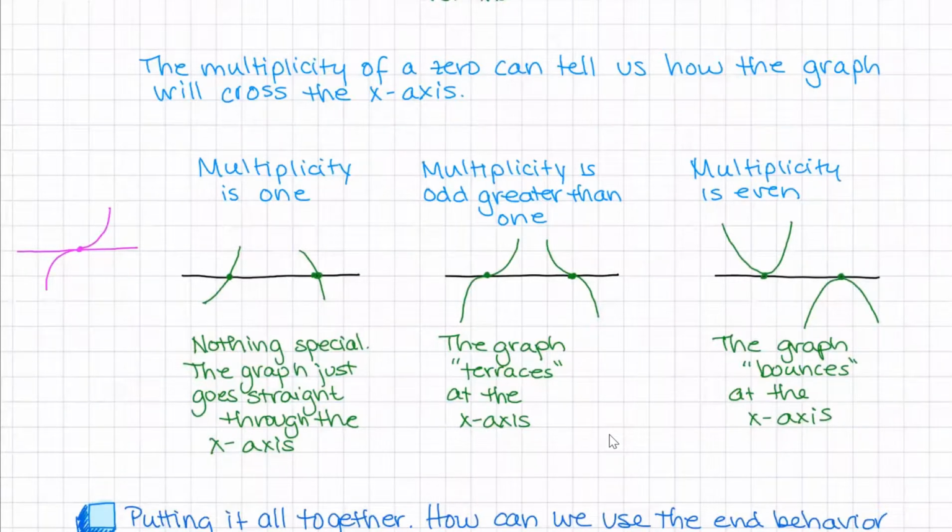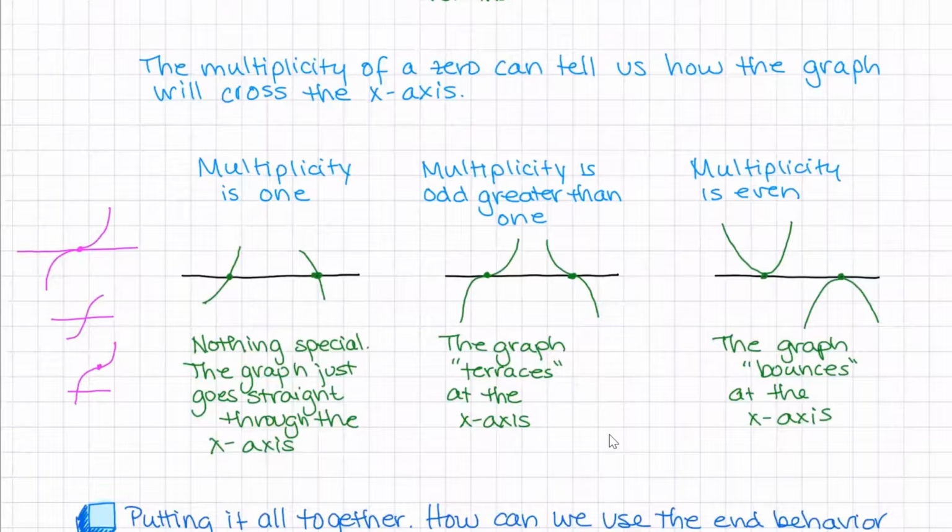I see all sorts of crazy things with terraces. Terraces flatten out, like I said. Some people try to do this. That is not a terrace. That's not flattening out. That's going vertical for a brief moment. It's got to flatten out and then go up. And then some people will draw a terrace above the x-axis. That doesn't work either. Here's the part where it's flattening out, but that's not on the x-axis, so that's not